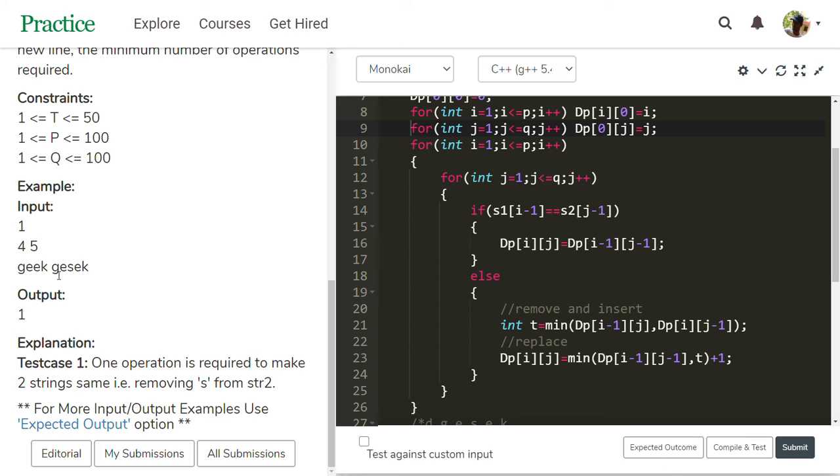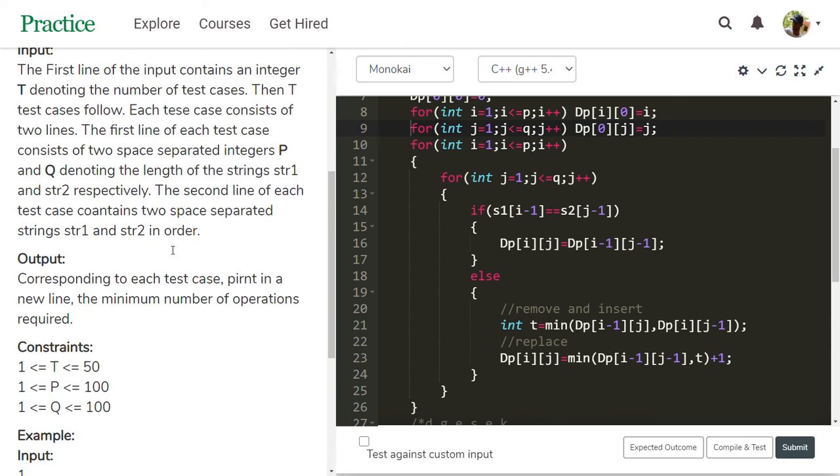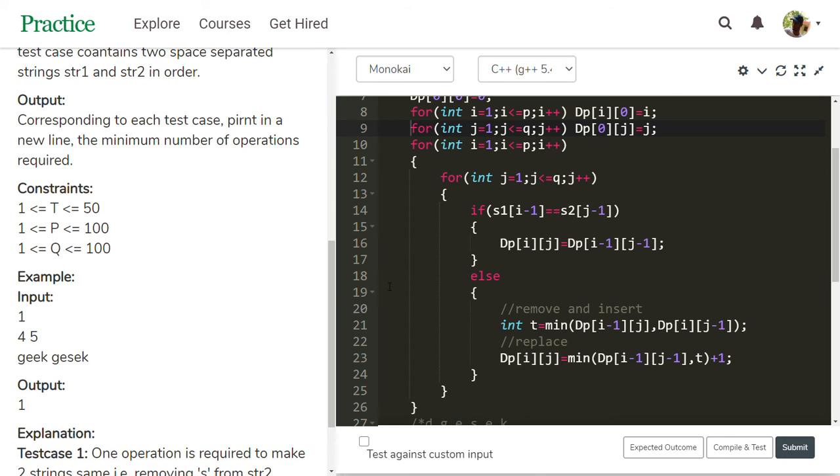Then there is no need to perform any operations like insert, remove, replace. These three operations need not be applied. Then this value takes the diagonal value, that is dp i minus 1 j minus 1. There is no need to perform any operations.